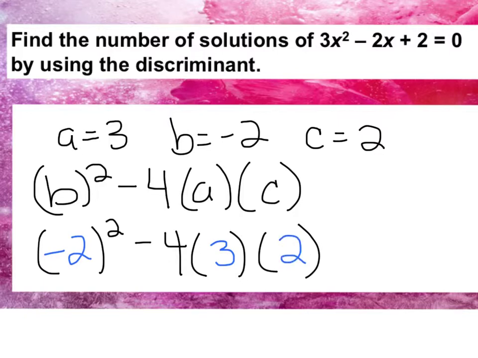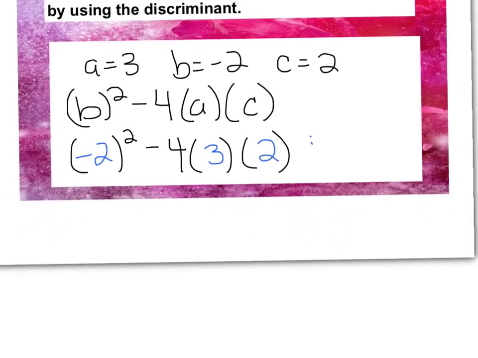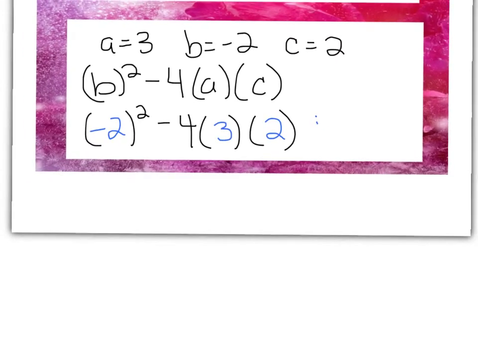And we'll simplify. So I'm going to go ahead and make this a little bit smaller. There we go, so I have more room. Okay, and now let's go ahead and simplify. So I get -2 squared, which is 4, minus 4 times 3, which is 12, and then this is also multiplied by 2. So I get 4 minus 12 times 2, which is 24, and already I know I'm going to get a negative number, which is -4.